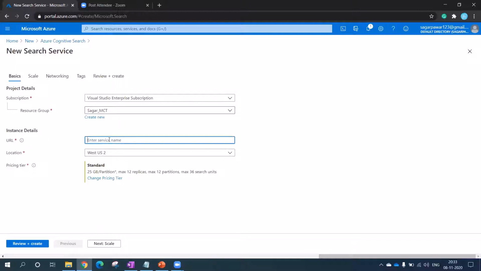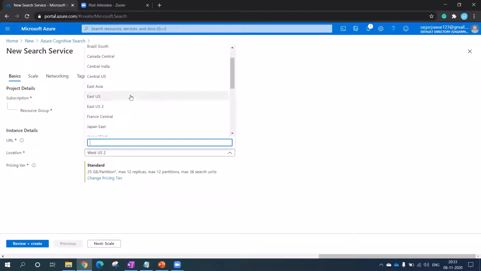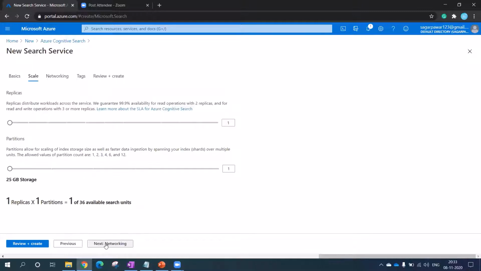Then I have to give a name over here. I can put a name like Sagar Azure demo. I will select the region as US East West, and I will keep the standard plan for this demo. Let me go further. Next step.